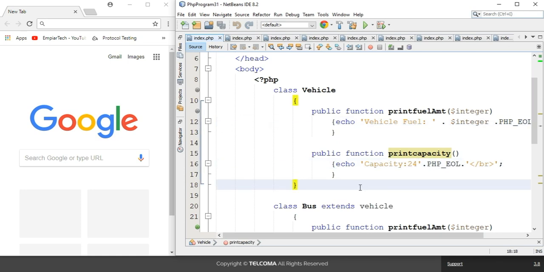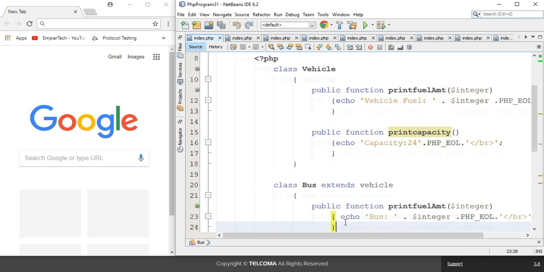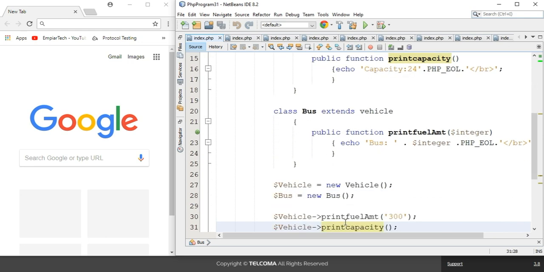Now I am extending this vehicle class in the bus class. I want these two functions to be in this child class also. So again I am defining the public function print fuel amount, because the fuel amount used in the bus will be less than that of the vehicle.